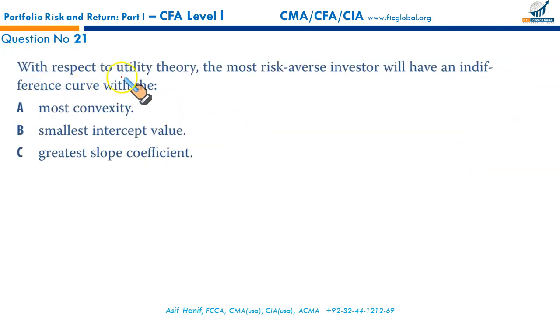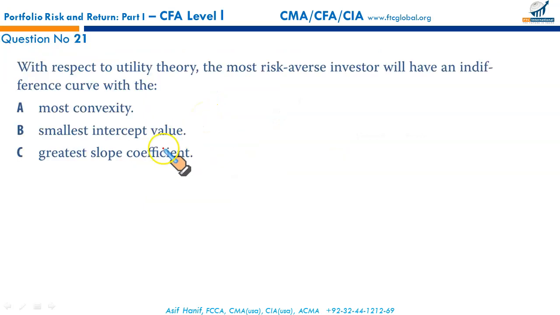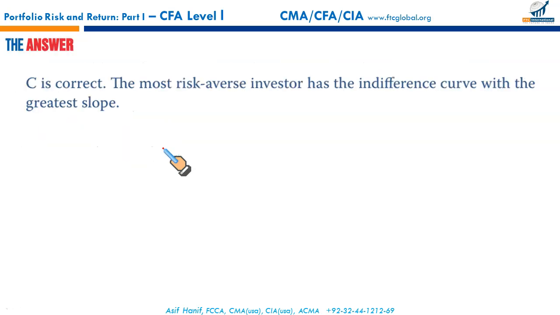Next, with respect to utility theory, the most risk-averse investor will have an indifference curve with the most convexity, smallest intercept values, and greatest slope coefficient. Let me show you. The investor with the highest risk aversion will have an indifference curve with the greatest slope. As you can see, this one has the highest slope, so that would make C the correct option, greatest slope coefficient. That makes C our answer. Next,